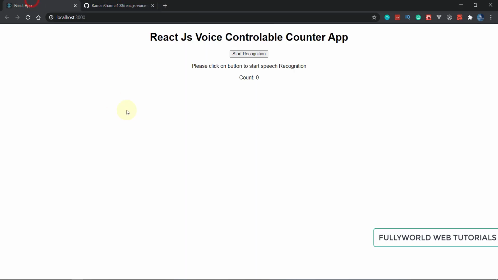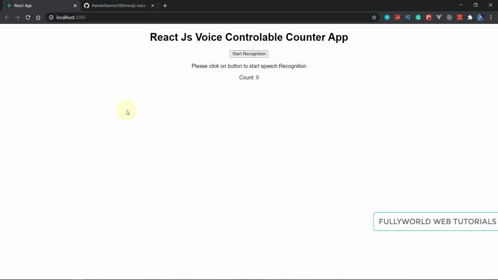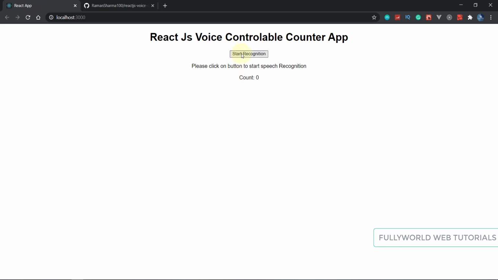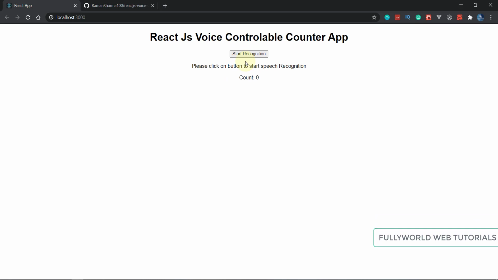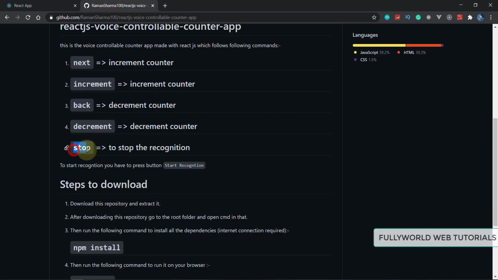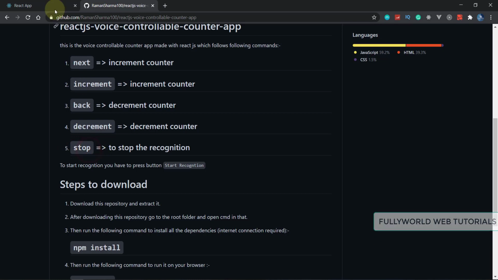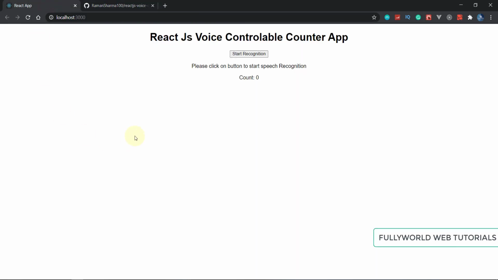So now our recognition is started. There will be a stop button. This start recognition button will now become the stop recognition button. Until you click on the stop recognition button or you say the stop command to stop the recognition, this React app will listen to your voice continuously.